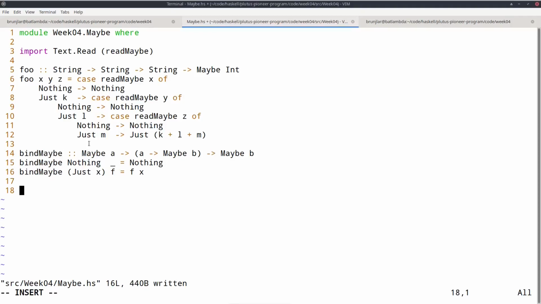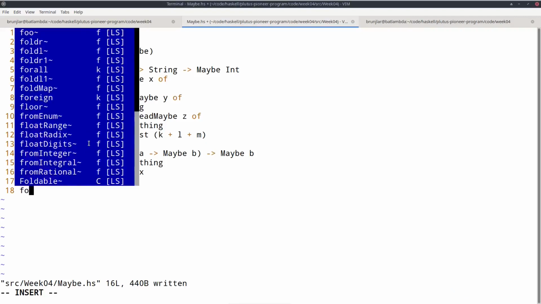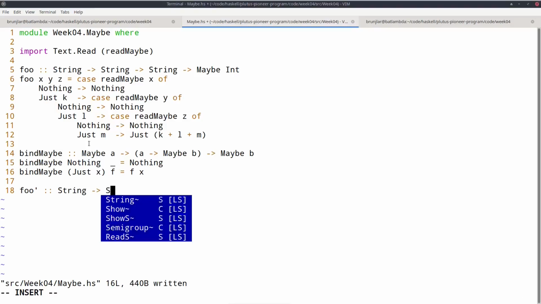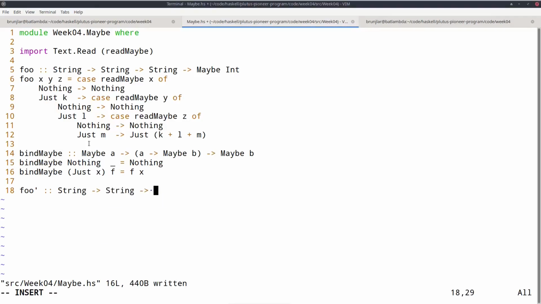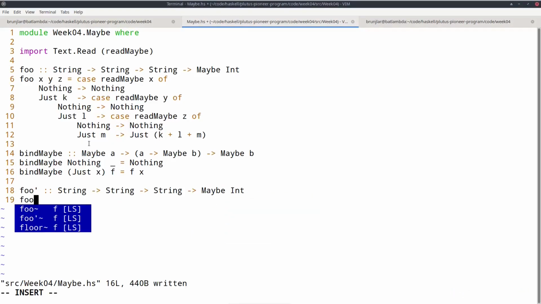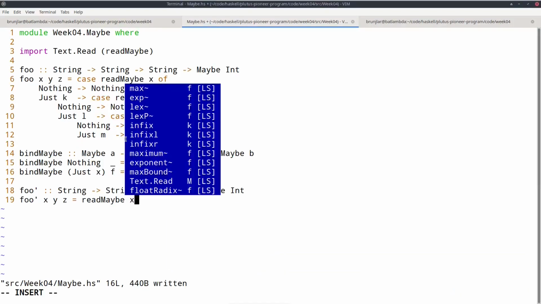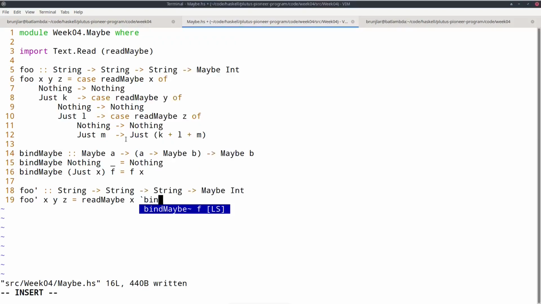So to demonstrate the usefulness of this bindMaybe operator, we can now write the same function again, our foo, but now using this bindMaybe. Okay, so first we apply readMaybe x, and now we use bindMaybe, and I write that in infix style to make the pattern nicer.